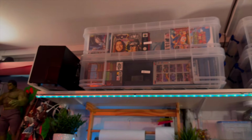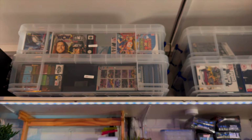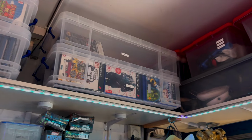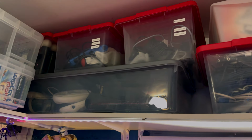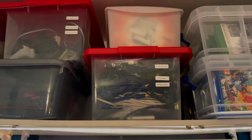So up here are some tubs where I keep more of the game collection. So we've got PS2, Nintendo, PS1, Dreamcast, you know, the works up here. Panning round, we've got more accessories, so there's a whole tub there dedicated to almost exclusively Nintendo controllers, and then PlayStation, and all sorts of extras up there. More cables when I need them,